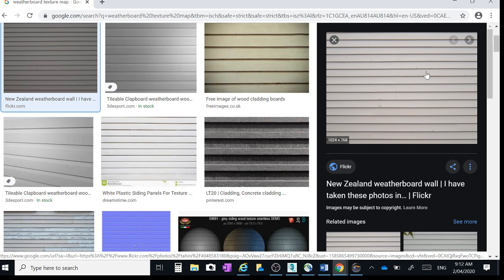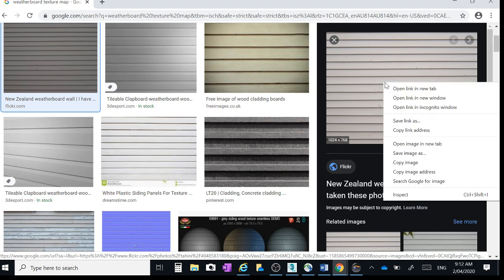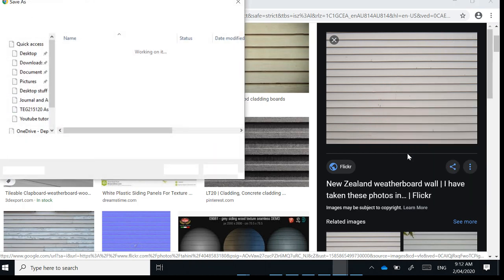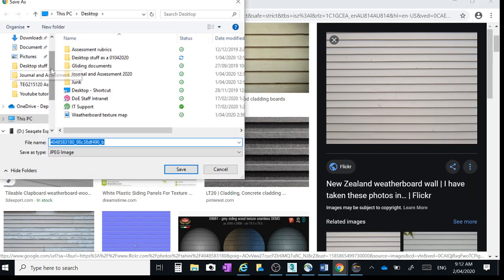I quite like that because that enhances the beachy kind of look. Okay, so we're going to right click on that. We're going to save it somewhere, and it would be a good idea to save it to a more permanent storage location, but at this stage let's just drop it onto the desktop. Okay, so I'll put it onto my desktop,